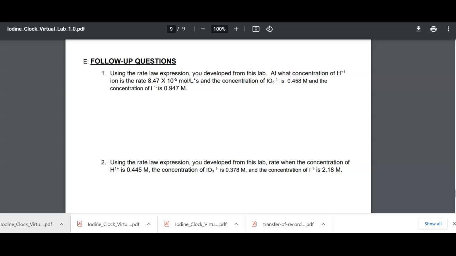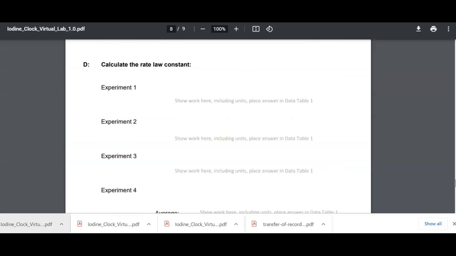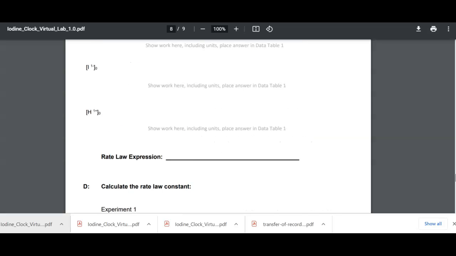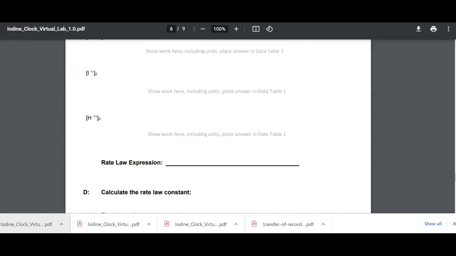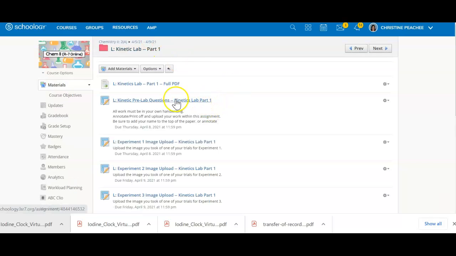All of these pieces are submitted per page, so you'll see in that folder areas to submit them. Let me go through that and show you. Okay, I'm moving out of the full PDF and going back to the folder where it houses all the assignments. So here's where you're going to upload the pre-lab questions,